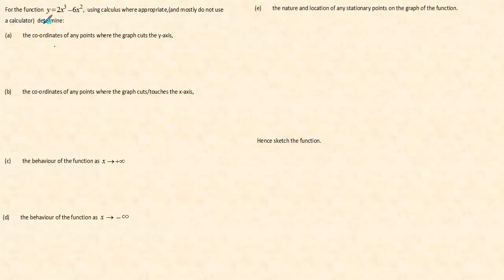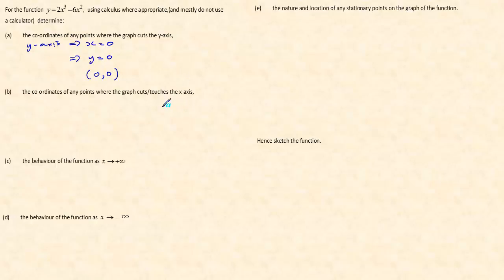We're given the function y equals 2x cubed minus 6x squared, and we want to find all these things about it and end up sketching it. So we want any points where the graph cuts the y-axis. We know that means x is equal to 0. Substituting that in gives us y equals 0, so we can see the origin is where it crosses the